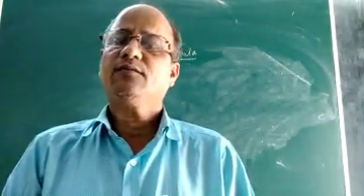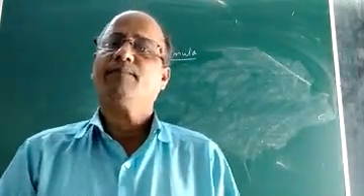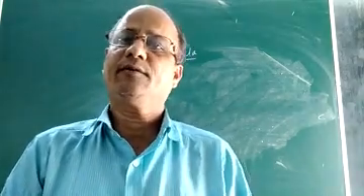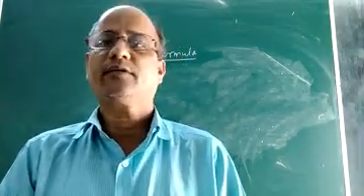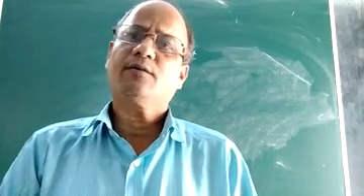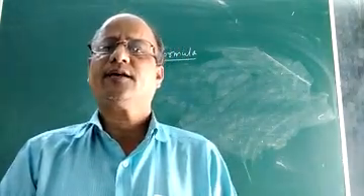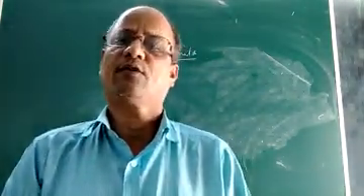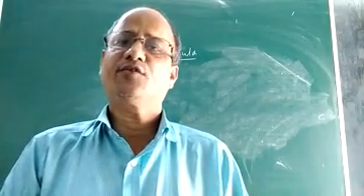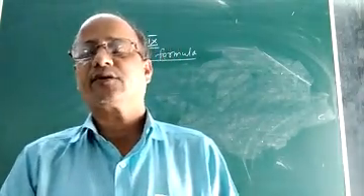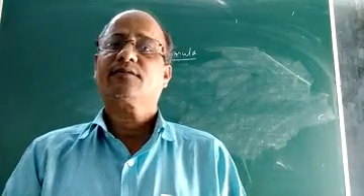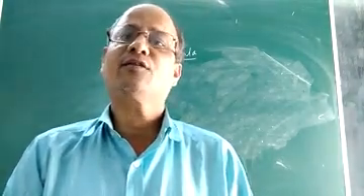Children, in the last class, we were discussing the area of parallelogram and triangle. That is chapter number 9 of your NCERT book, okay? And it was completed in all respect in the last class. I had discussed all the theorems, and proved everything geometrically, and I am sure you must have understood. Today we will discuss a new chapter, that is Heron's formula.